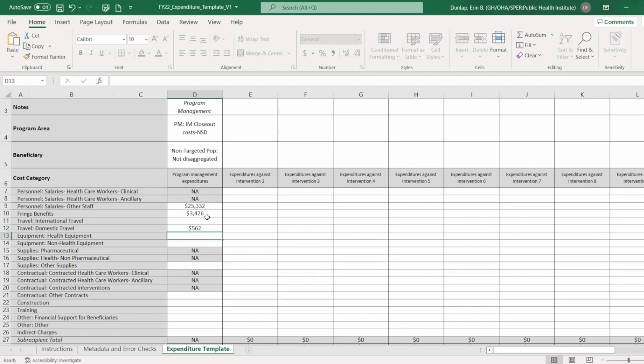And so you will simply go through and enter each of the associated expenditures as they relate to program management. Now, let's say that this organization is not in closeout. Let's just flip this back to regular program management, because this organization is actually implementing activities and not closing out this year. So first, let's say that the organization would like to report on their expenditures related to clinical services,